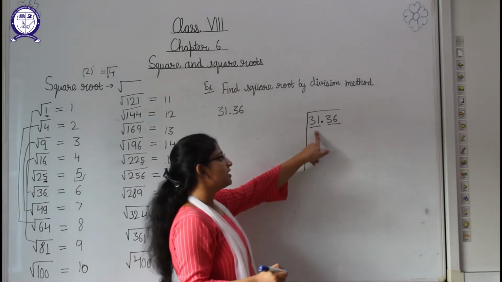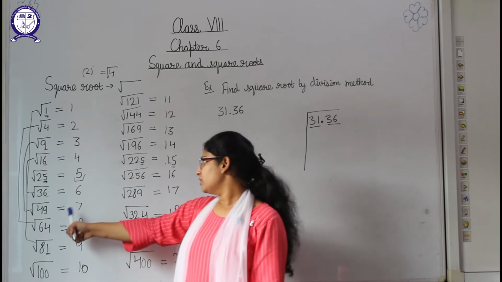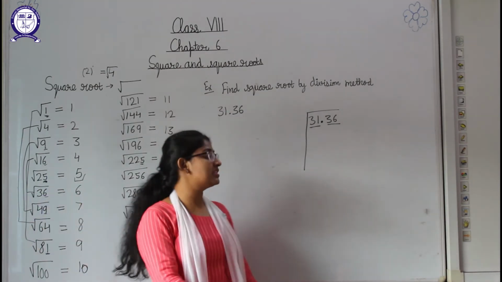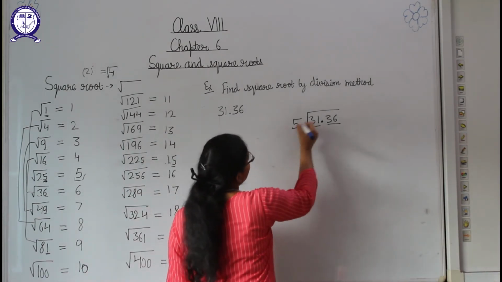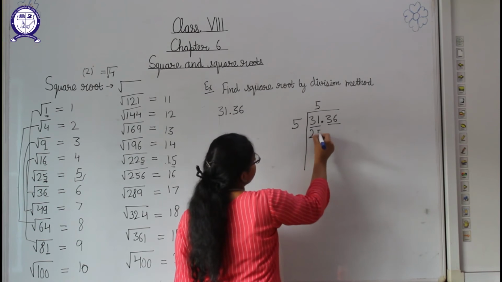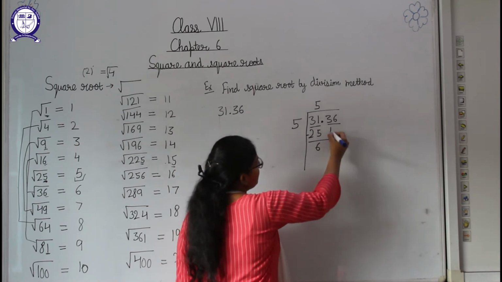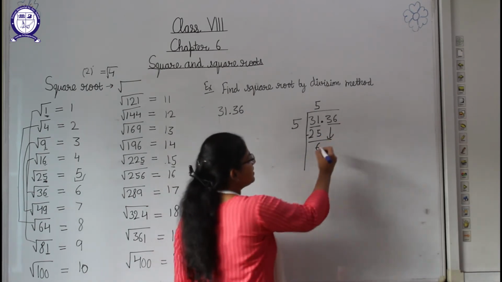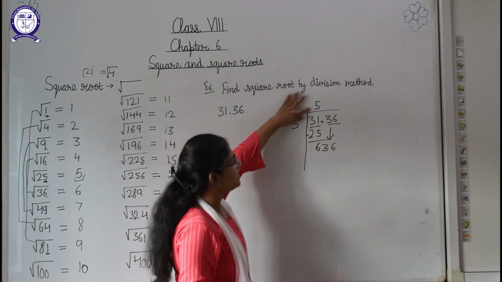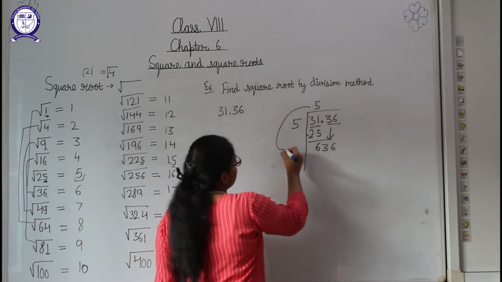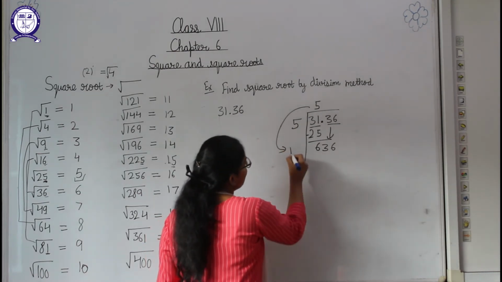Now we will find the perfect square number which should be subtracted from 31. So 25 can be the number because 36 will be bigger than 31. So we will write here 5 5s is 25. Now 31 minus 25, we are getting 6. Now we will write down this pair. This is 36, so we will write down 36 here. Now what will we do here? Here it is 5, so double of 5, 5 2s is 10, so we will write 10 here.